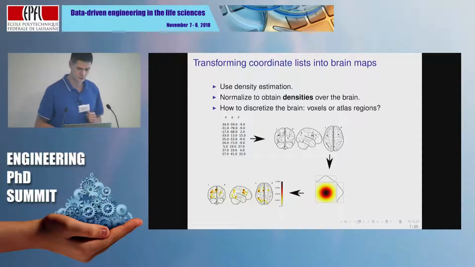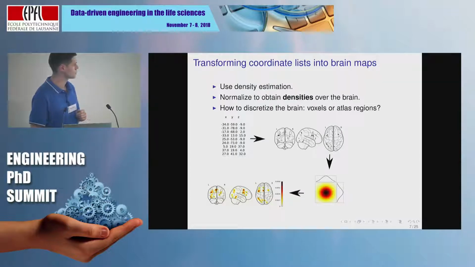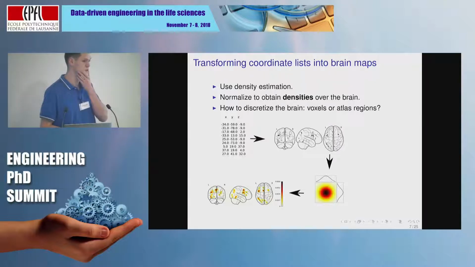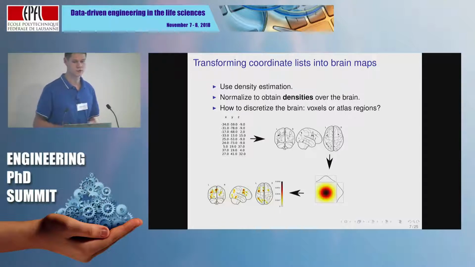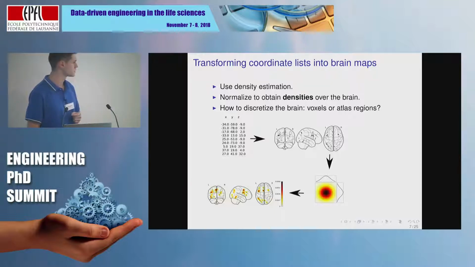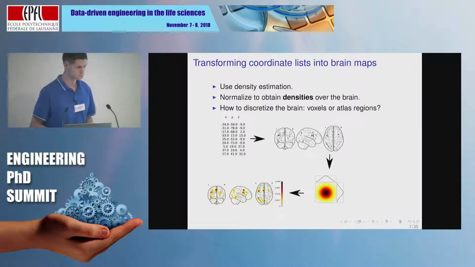And we can extract this, which gives us a set of positions in the brain, and then use density estimation to reconstruct an estimation of the density from which these positions came from. So a brain image that represents the content of this article in brain space. And this is what we are going to learn to predict.